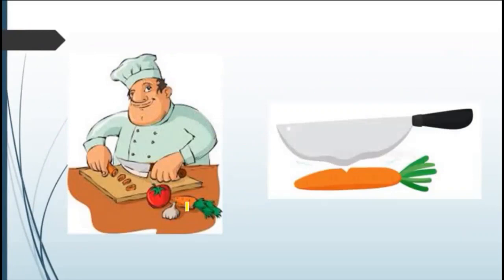In daily life, it is observed that it is easy to cut vegetables, fruits with a sharp knife. A blunt knife does not work here. Why does this happen? Think students. A sharp knife has a very thin edge to its blade. Due to its very thin edge, the force of our hand falls on a very small area of the object, producing a large pressure, and this large pressure cuts the vegetables easily.